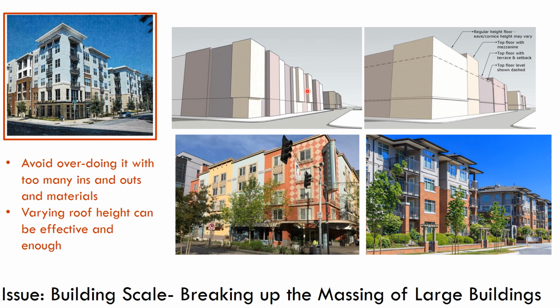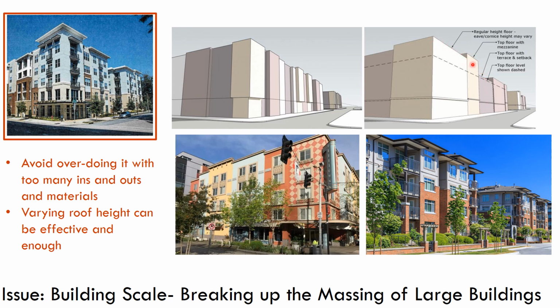And it's easy to get carried away with this, as we see in this example here, where it looks like we have about 6 different buildings and even changes within the buildings. It's kind of a chaotic result. In the upper right, we see a more restrained approach where it's still trying to do a similar thing, but it's less extreme. And what's used here is a technique that's quite effective, and that's changing the heights of buildings every so often. When people look up from the sidewalk, they tend to notice the height change.